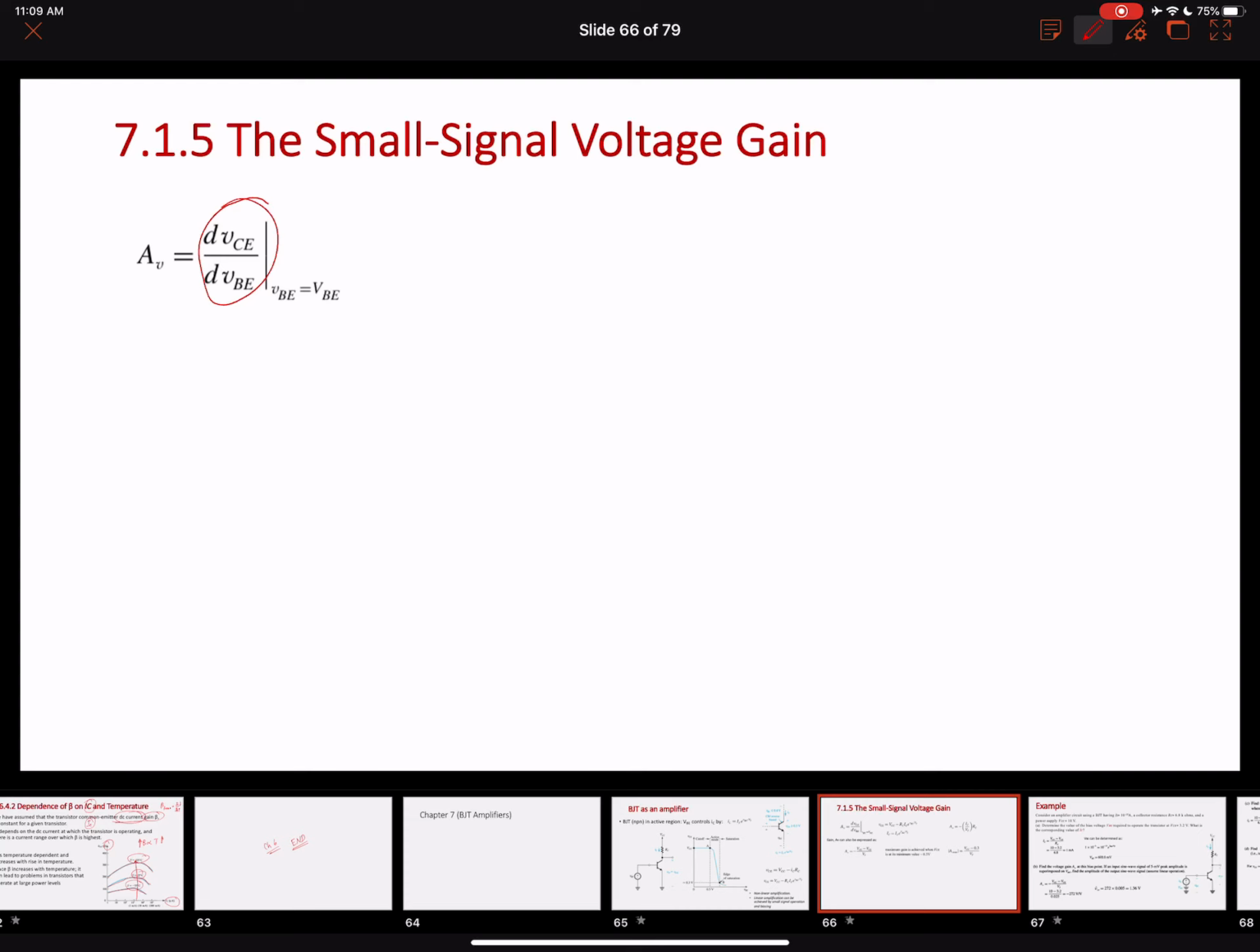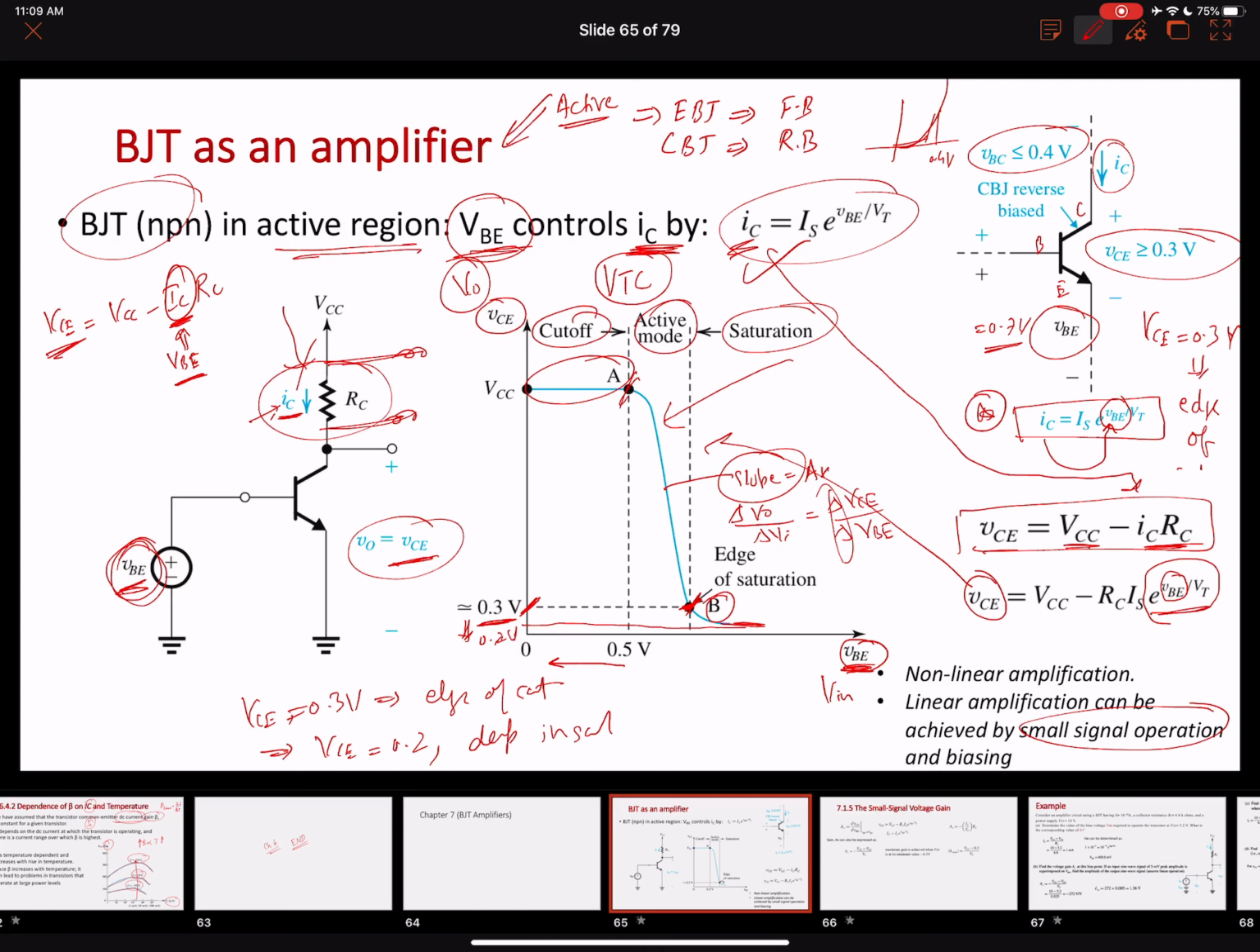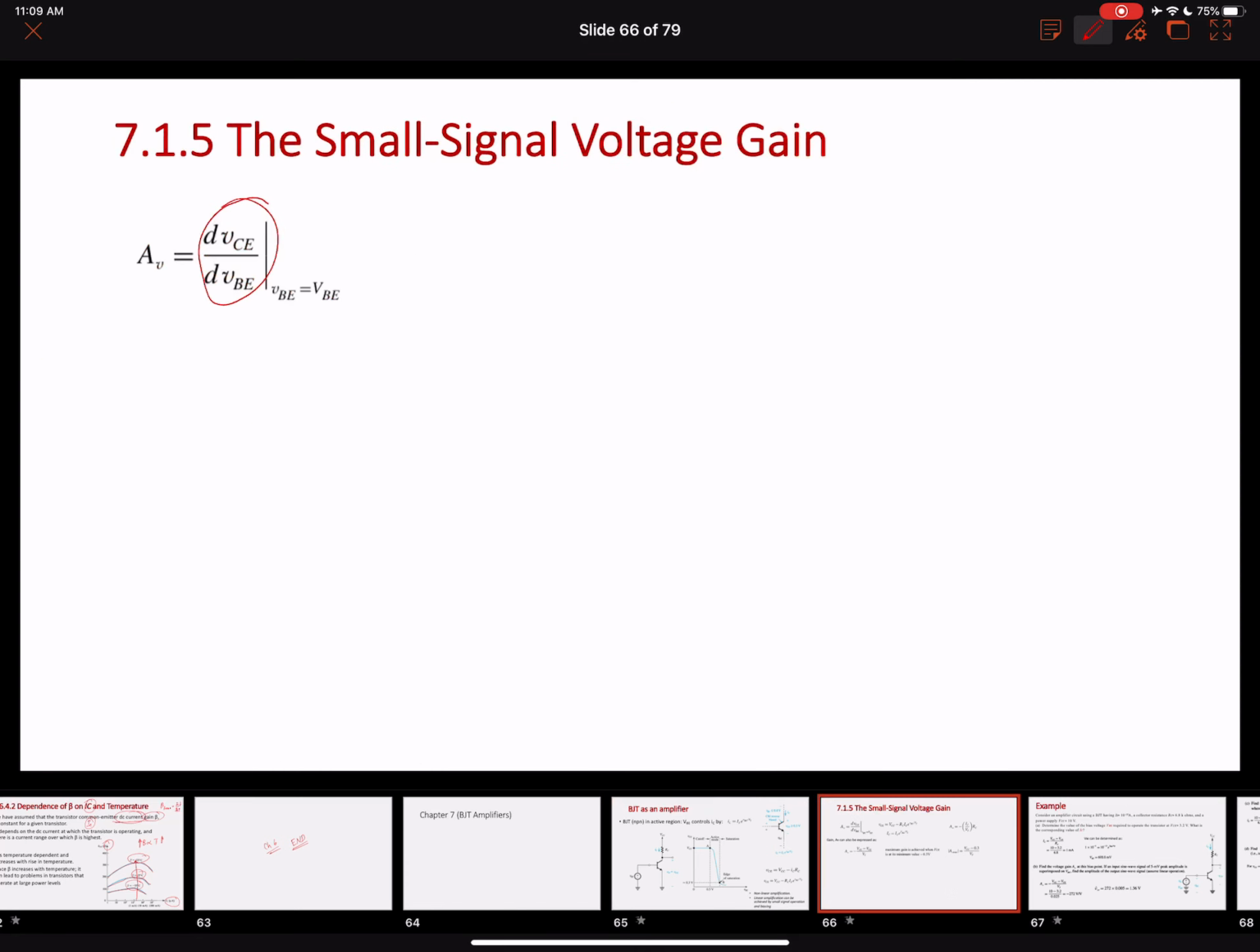So our equation for the VC was this. Let's use this equation. This is our equation, right? Let's take a derivative and we can figure this thing out. I'm going to do it over here. So you have dVCE over dVBE